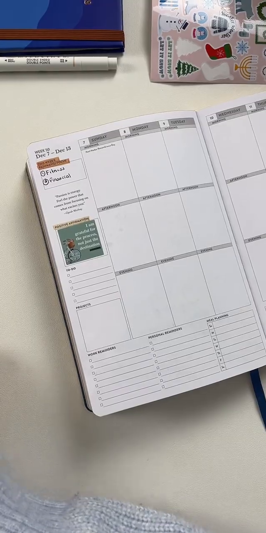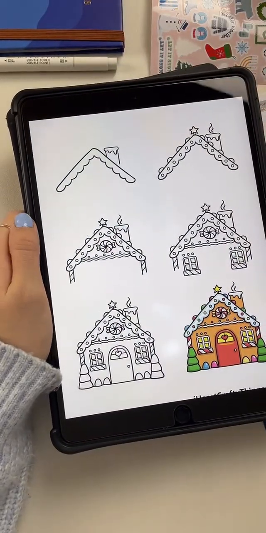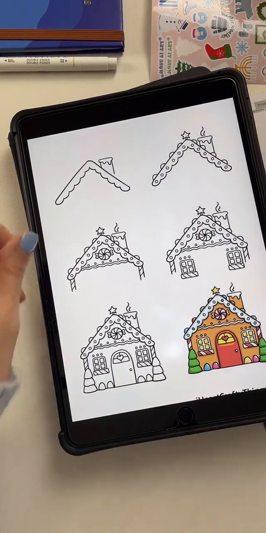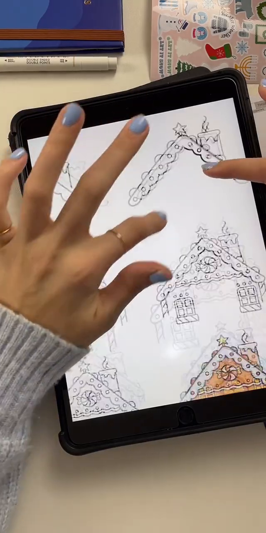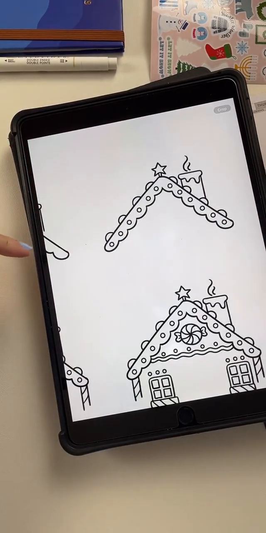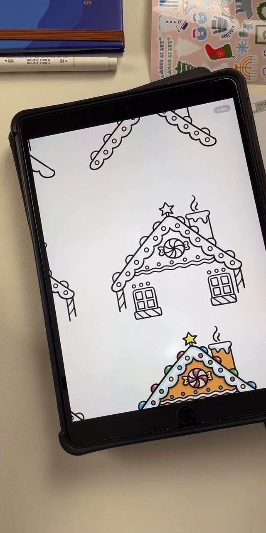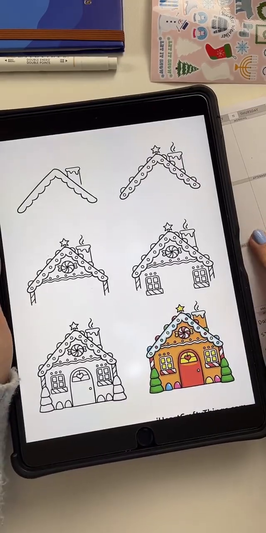I'm trying to find the picture I wanted to show you. Okay, I have such a cute idea. For our lives, what we're going to do is take this portion. It's going to be the roofs of the gingerbreads. And then for some of them, we could maybe turn into a house, but I'm not sure how that would work yet. So we're going to start with this. This is going to be our live schedule.